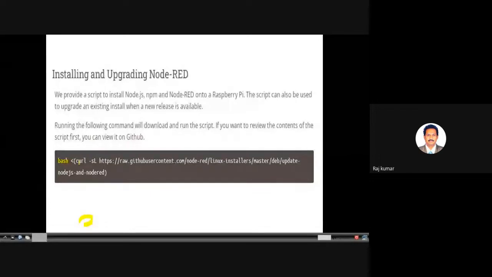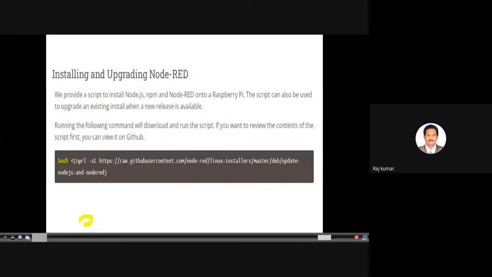One is you download the entire dump from the Node-RED site and manually install it. Whereas this command automatically downloads as well as installs. So in a single command, all three things, that is Node.js, npm, as well as Node-RED, will be installed onto the Raspberry Pi system.